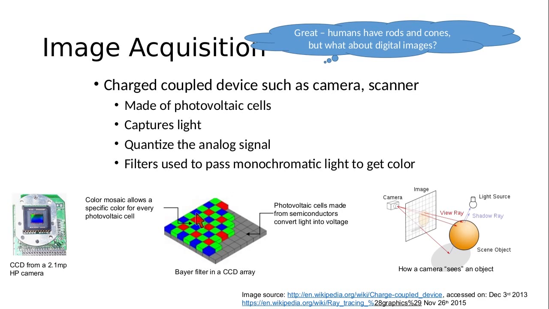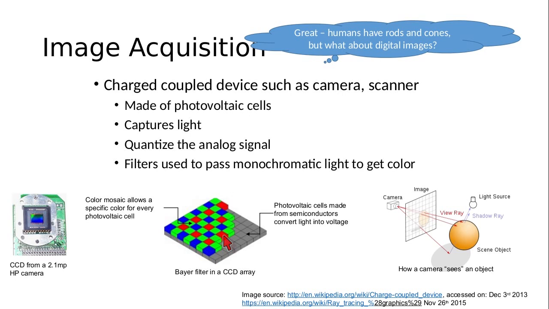The red colored pixels here will allow only red color to pass through, and so on. Like the blue colored mosaics will only allow blue color to pass through. Now because only blue, green or red color passes through each particular mosaic, each photovoltaic cell therefore reacts to the respective color. So for instance, the cell that is right under this particular block, this pixel, this photovoltaic cell right under this, will receive light only from green color.